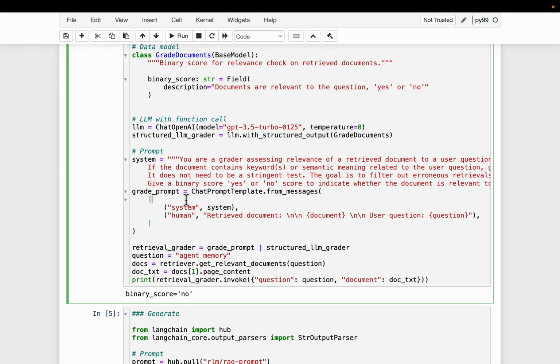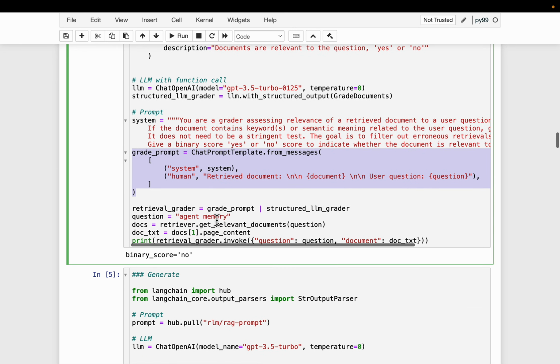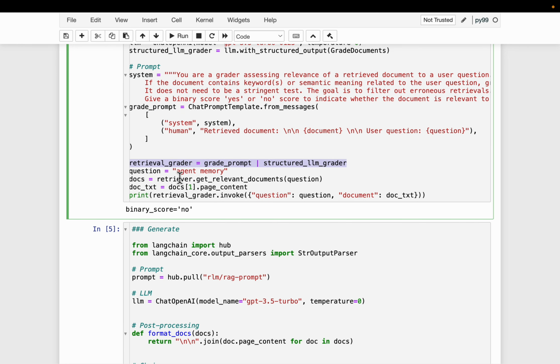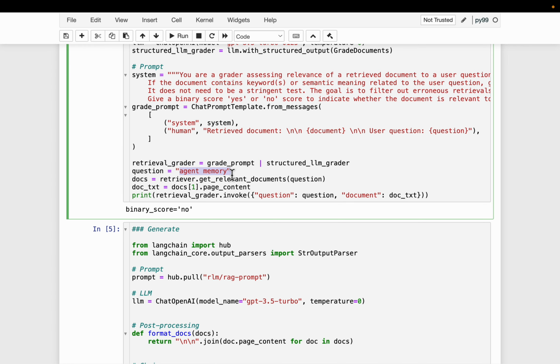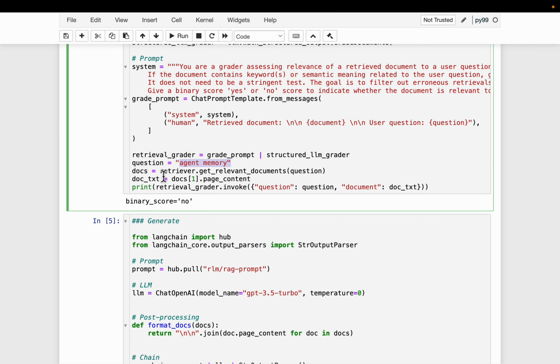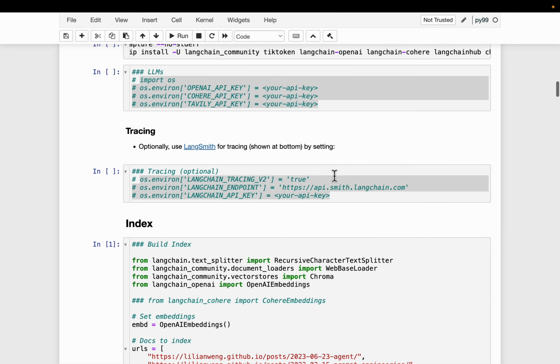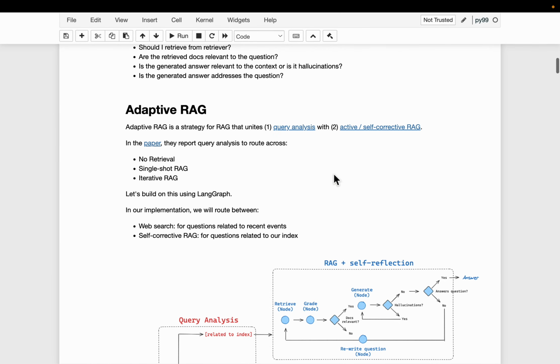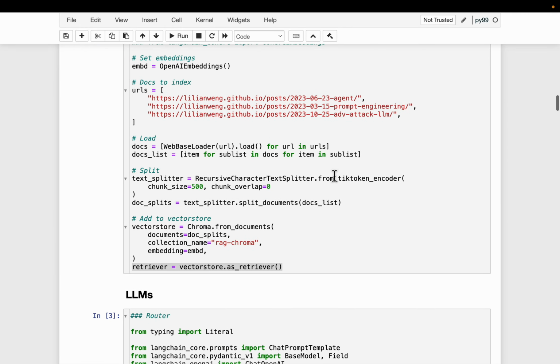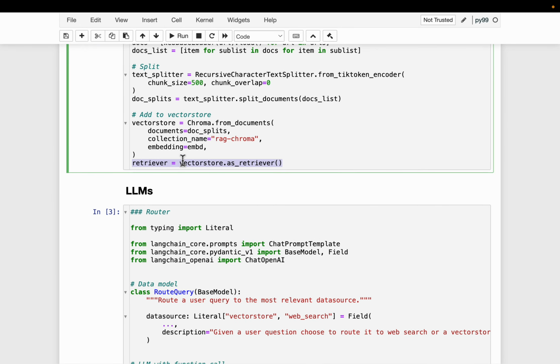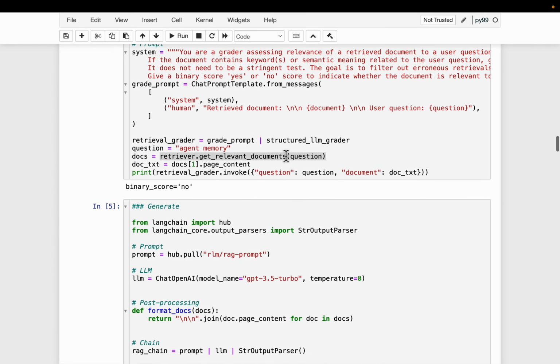Okay, all right. So the grade prompt, and again we change these 2 capabilities. Here we have a question simply saying agent memory. That's all the question is. So we retrieve. I think by default we are retrieving 5 documents, because we haven't decided how many documents to retrieve when we build the retriever. By default it's 5.